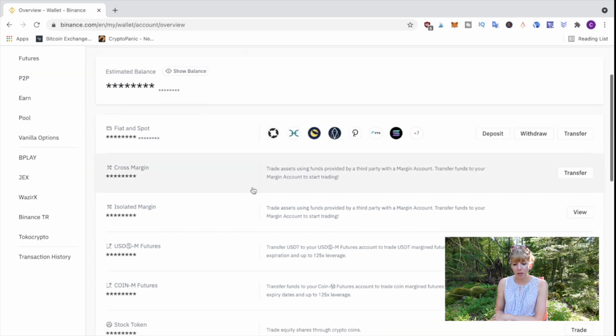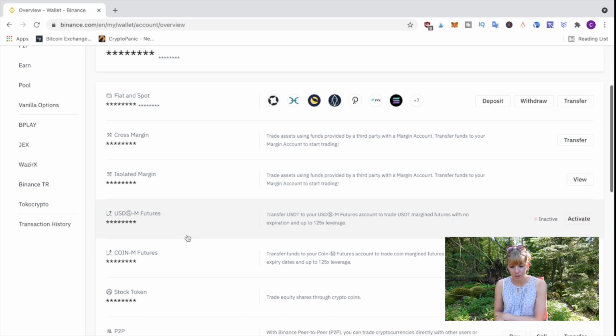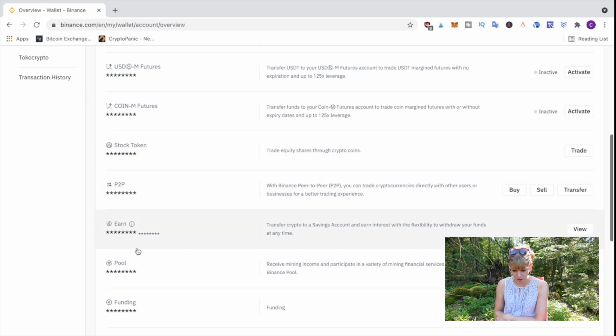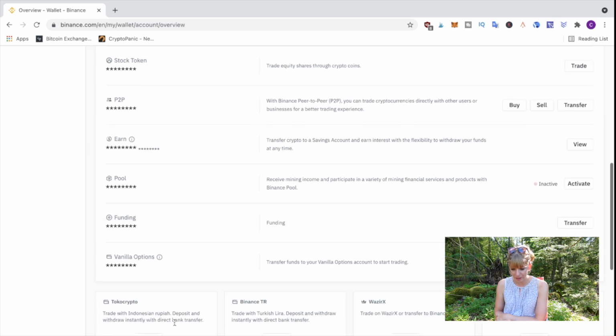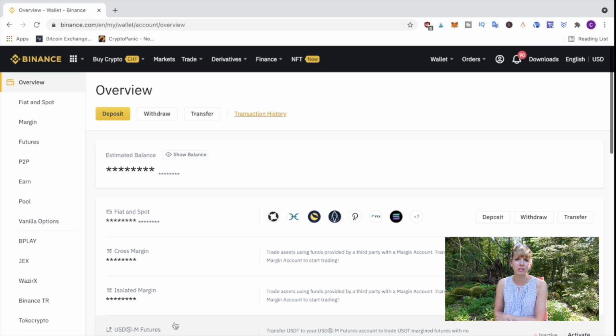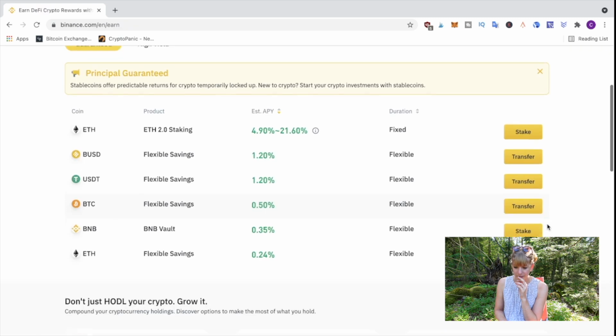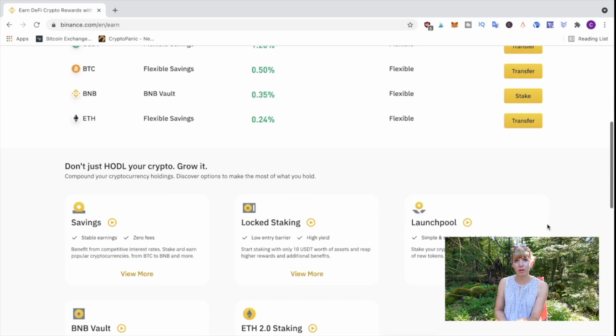So you can see here we've got an overview of all the options in your wallet. So what I usually use is fiat and spot, and then also the earn section. All the rest is usually empty because I never use them, and you won't use it in the beginning either. Now just quickly, if you want to access the earning options, all of that are on the top if you hover over finance and then go to Binance Earn. Now again, I have videos on all of those topics, so be sure to check them out if you want